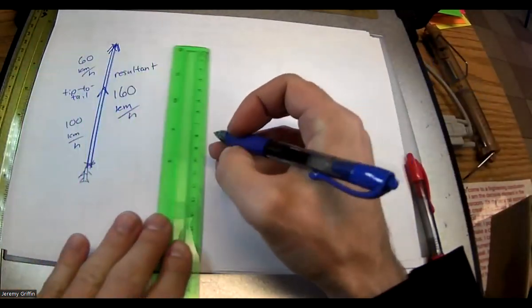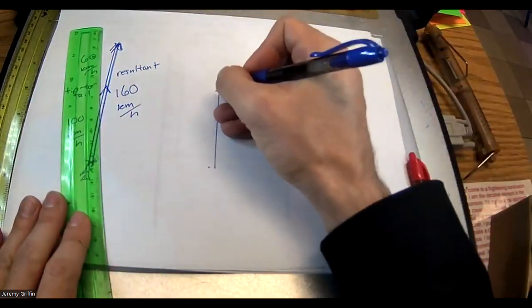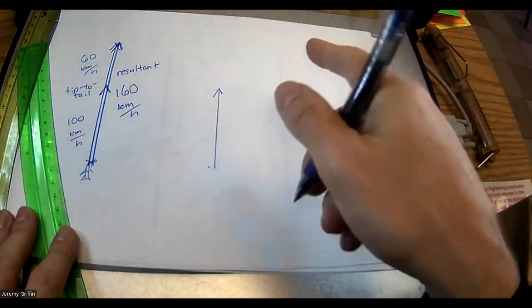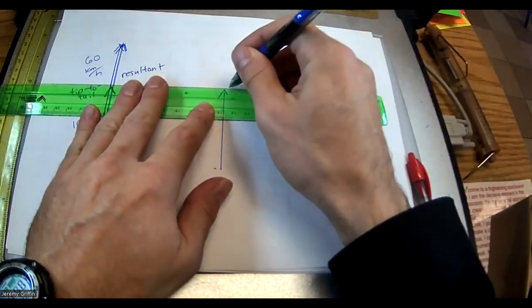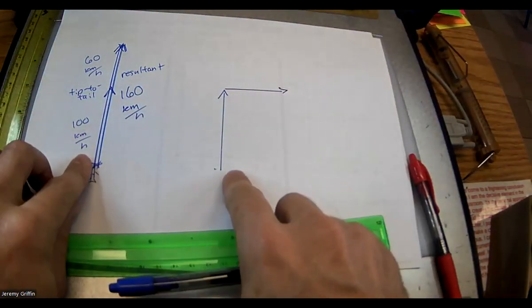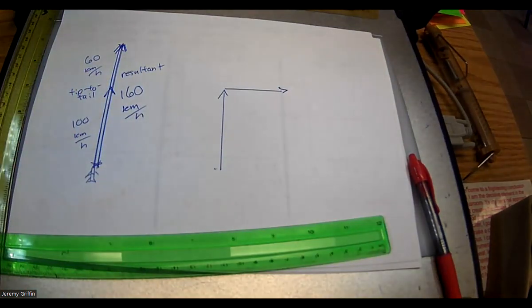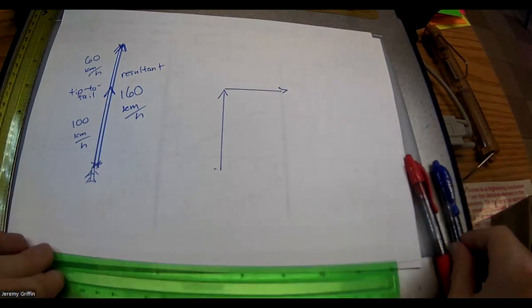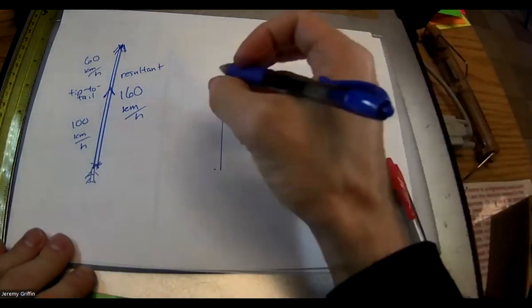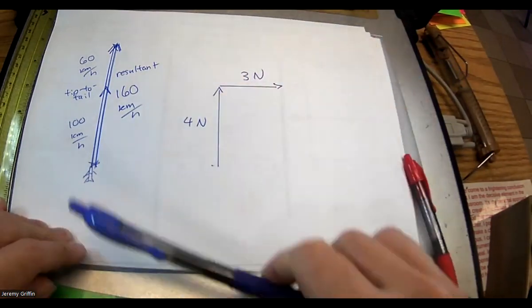We can sort of do a plane example again. Suppose I have 4 units that way and 3 units this way. Now it might be a plane like 4 meters per second and 3 meters per second. If those are velocity vectors, you know what else that could be? That might be force vectors. What if it's like 4 newtons that way and 3 newtons that way? Let me show you guys an